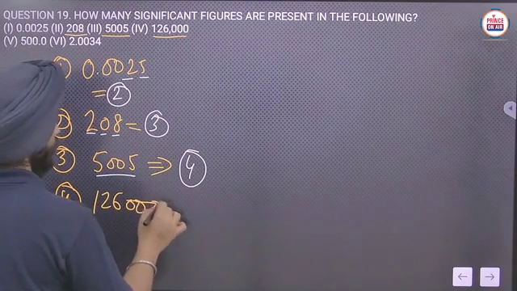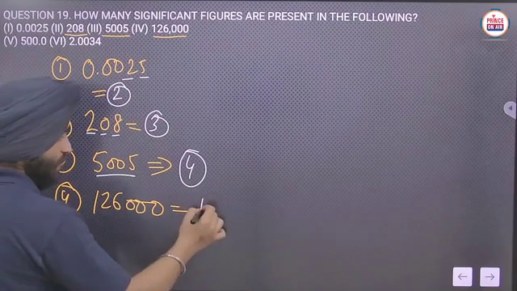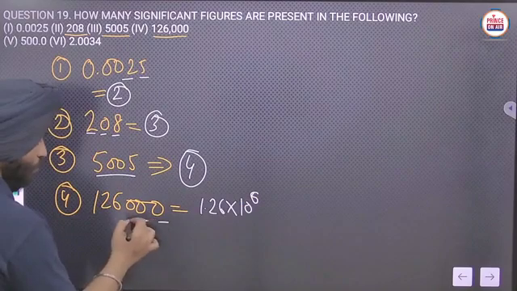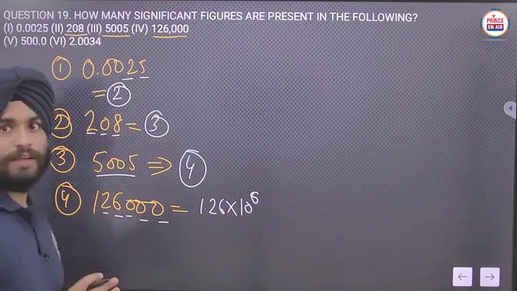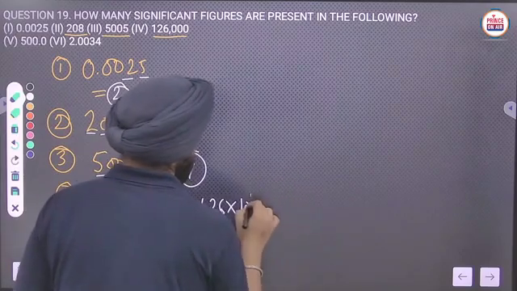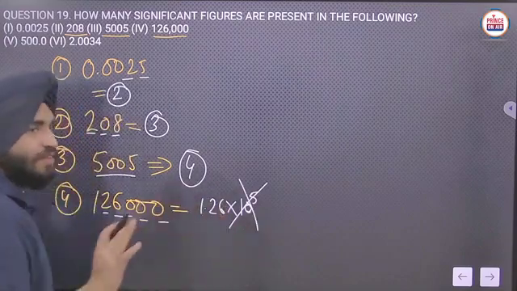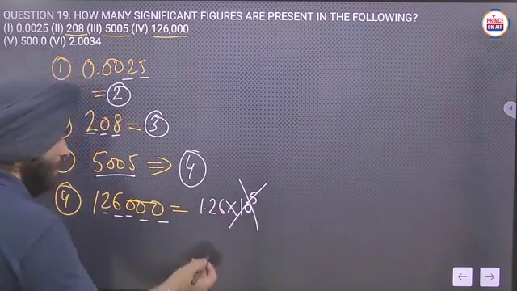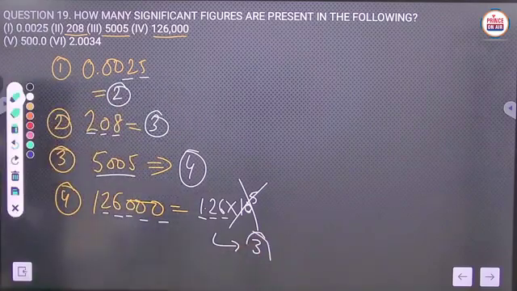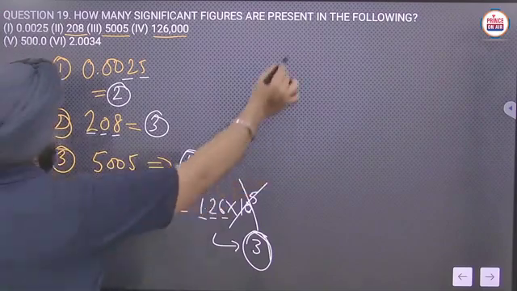126000. Now we can write this value as 1.26 into 10 raised to the power 5. Yes or no? 1, 2, 3, 4, 5. Yes. Now that is not considered in the significant figures. So only 1, 2, 3. Three digits are there, so the significant figures will be 3. Okay. Then next one is